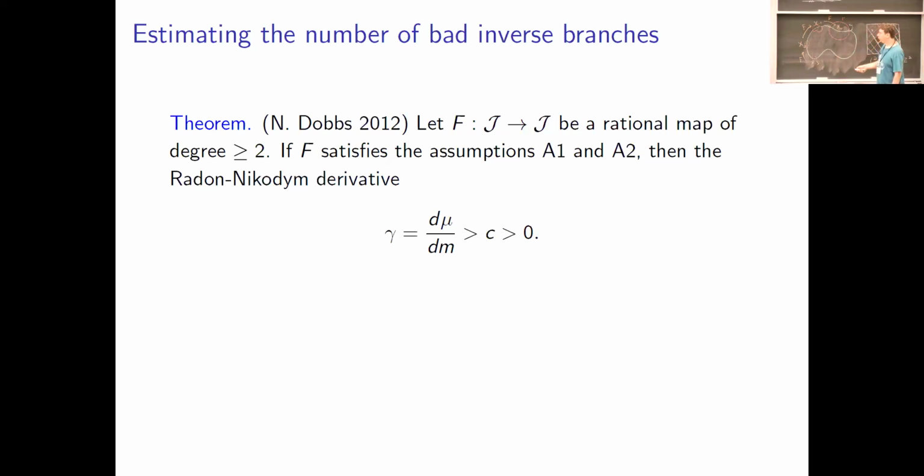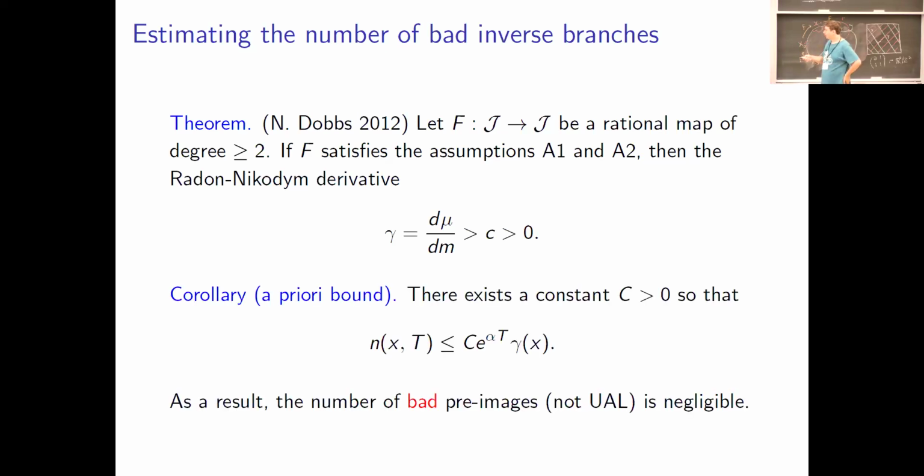And to do this, we need a lower bound on this Radon-Nikodym derivative. For general dynamical systems, one has to include this as an extra axiom. But what Neil Dobbs proved is that for rational maps satisfying the axioms A1 and A2, this is automatic. So this spared me the need to include extra axioms. And